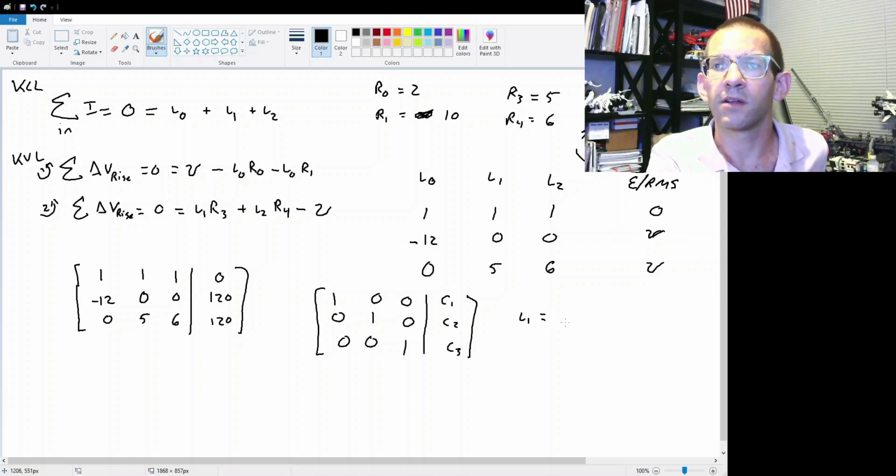then you know that iota sub 1 is C sub 1, iota sub 2 is equal to,